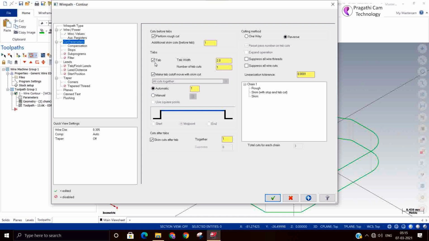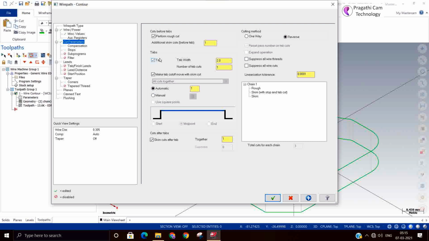The next is the tab. When you are cutting in wire cut, you cannot cut in one single shot, so you definitely need to hold. Tab means it will leave some material and cut the remaining.